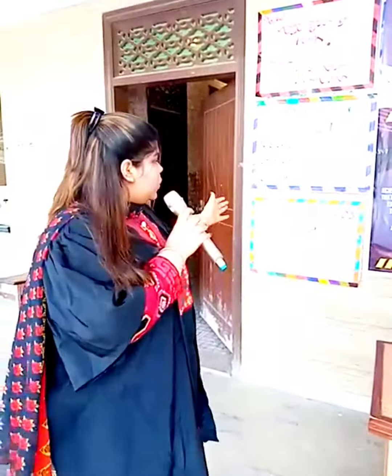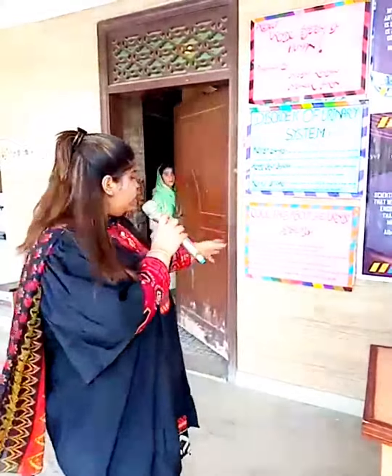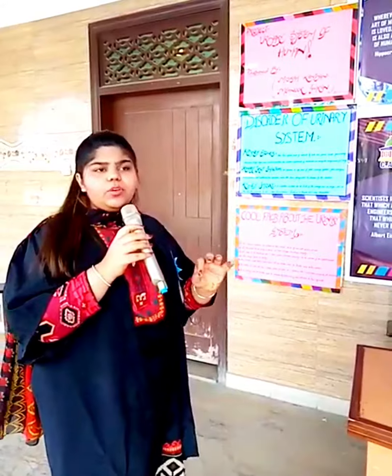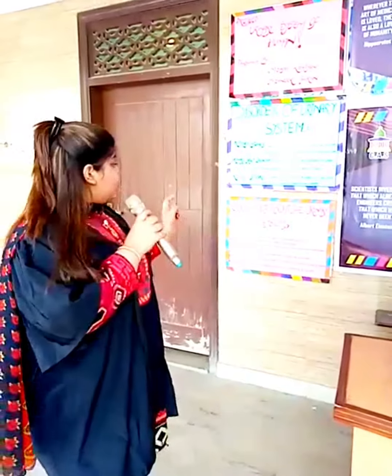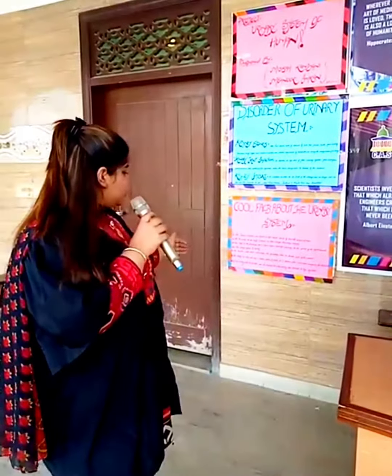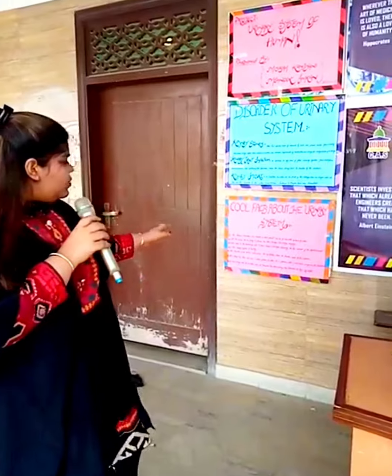Now, some cool facts about the urinary system. The human bladder can stretch to hold up to 400 ml to 600 ml of urine, and the kidneys every day filter about 400 times of blood. There are also some cool facts, which are, if one kidney fails to function and is removed, then the other